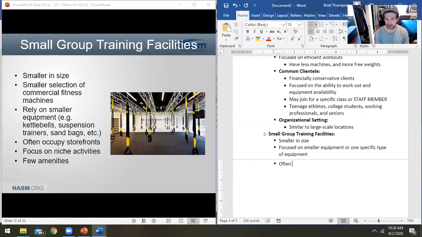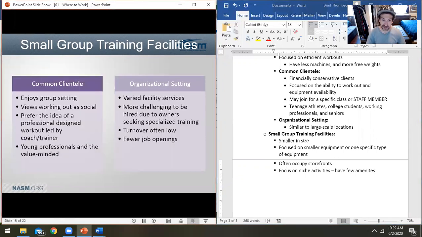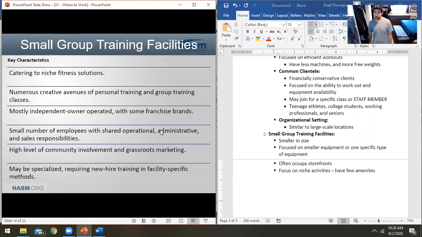They often occupy storefronts. That's another thing. A lot of times it'll be like, here's your TRX studio and there's a 7-Eleven, because they don't really need that very specific space. They just need kind of an empty room. And then they focus on niche activities and therefore have few amenities. These are great places to work. They often pay really well for your hour. There's a small number of